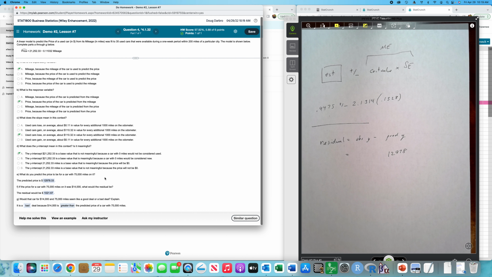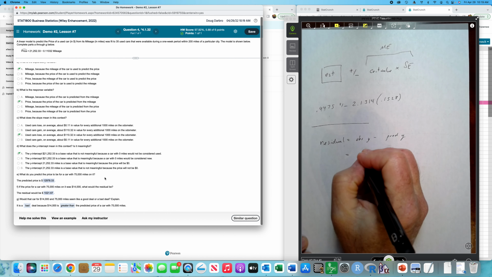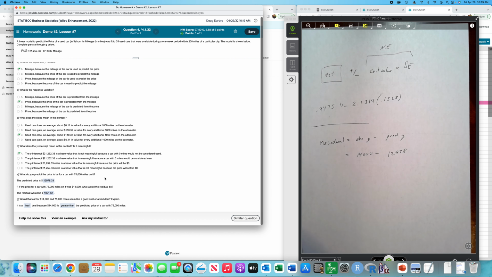Now the next question says if the price for a car was 14,000, so that's what we observed. So our residual is positive. What would the residual be? Well, I just take 14,000 minus 12,978